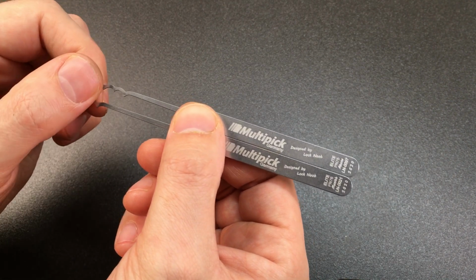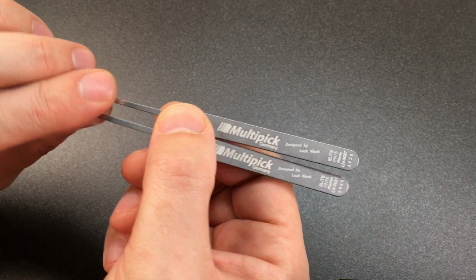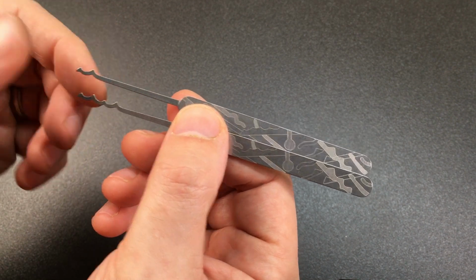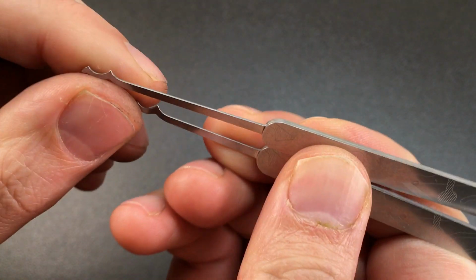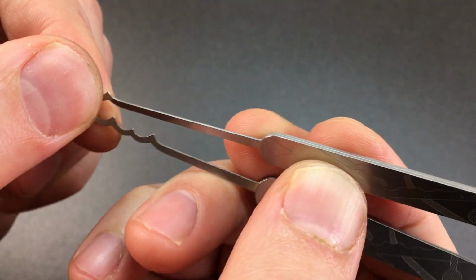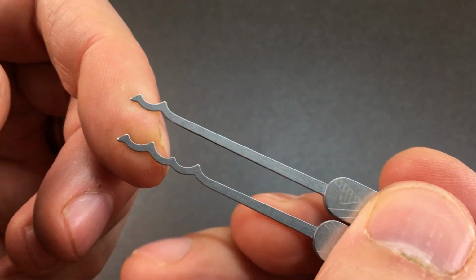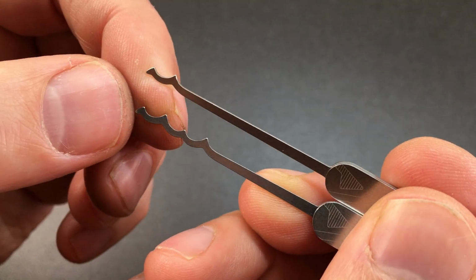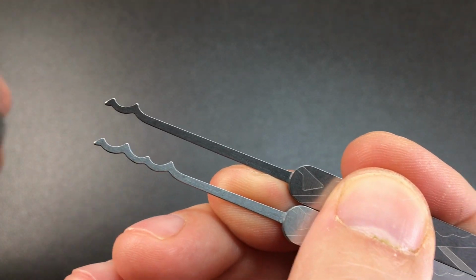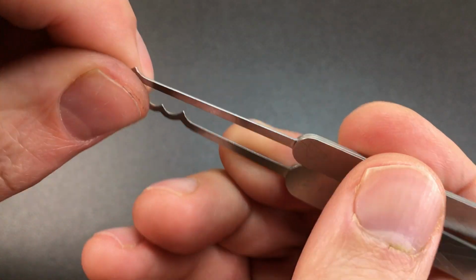Well, these are really, really beautiful picks made by Multipick. Everything about the design is inherently Multipick. The finish on them is just beautiful out of the factory. No rough edges. All the finishing is amazing. Look at the roundness of those peaks. Nothing sharp there, but still got that point that you need. Still got that peak, but it's not sharp. It's just a beautifully finished